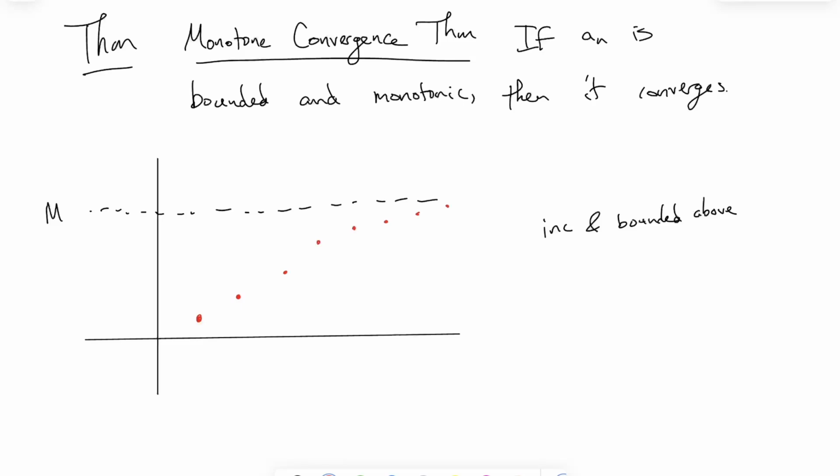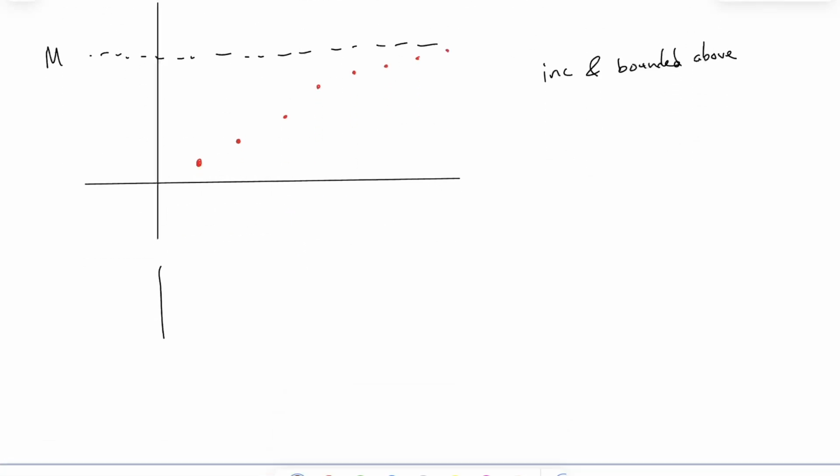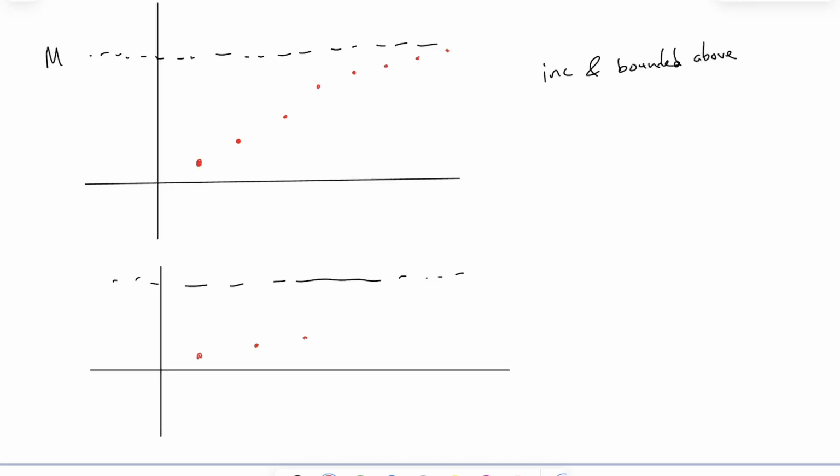It's actually not true that they must converge to the M. They could, if you want, converge to something lower down. I mean, slightly lower than the M. Like this, as I drew it right there, they converge to the M. But you could also draw it something like the M's way up here. Sorry, my dotted lines. And I could make it so that they converge somewhere else, right? They could converge to a lower value than the upper bound, or they could converge all the way up to the upper bound. So increasing and bounded above must converge,